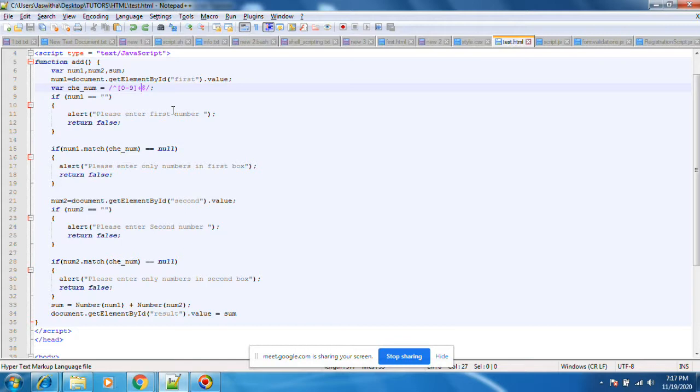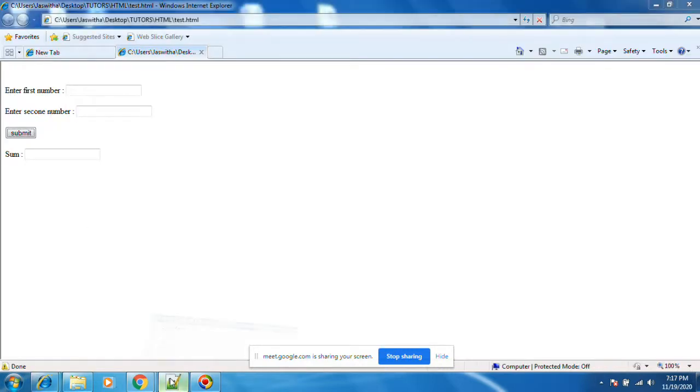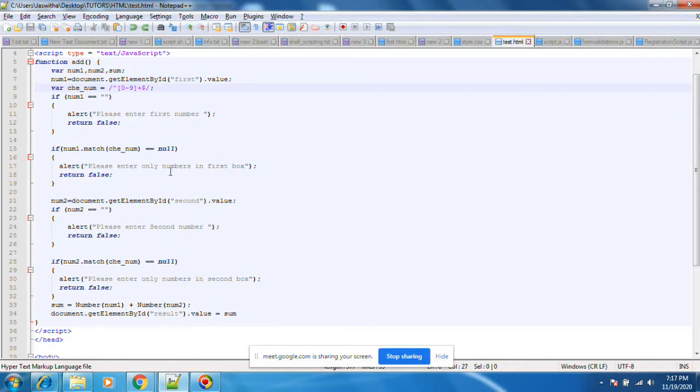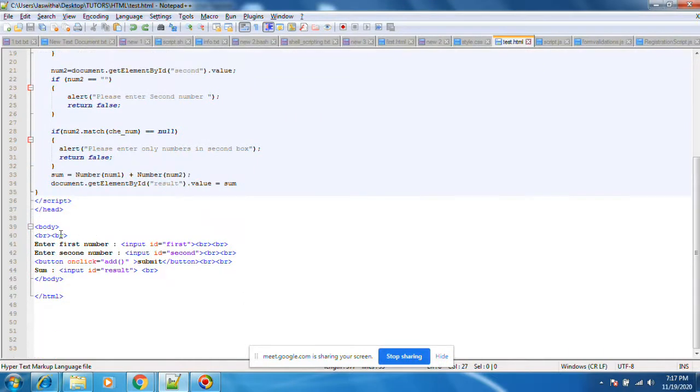Phone number validation is 10 characters. Enter phone number.